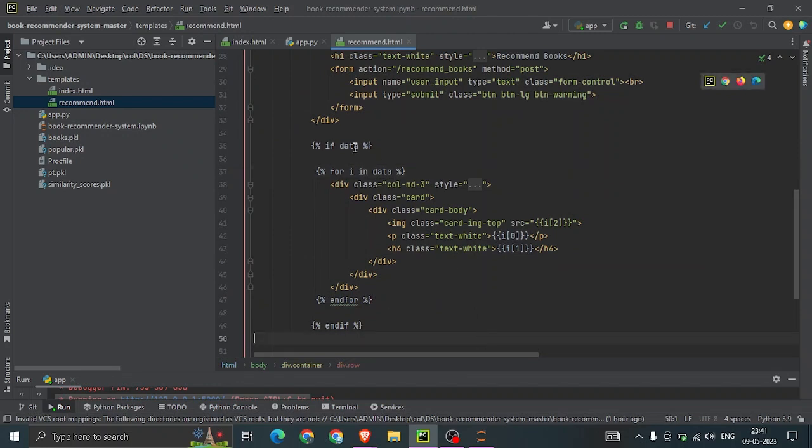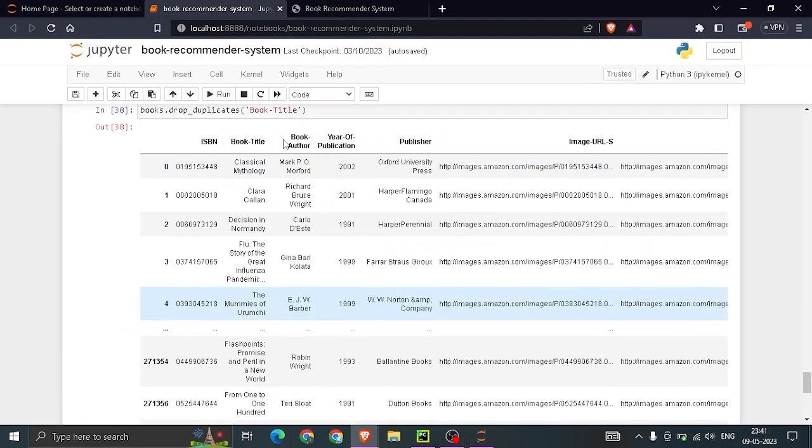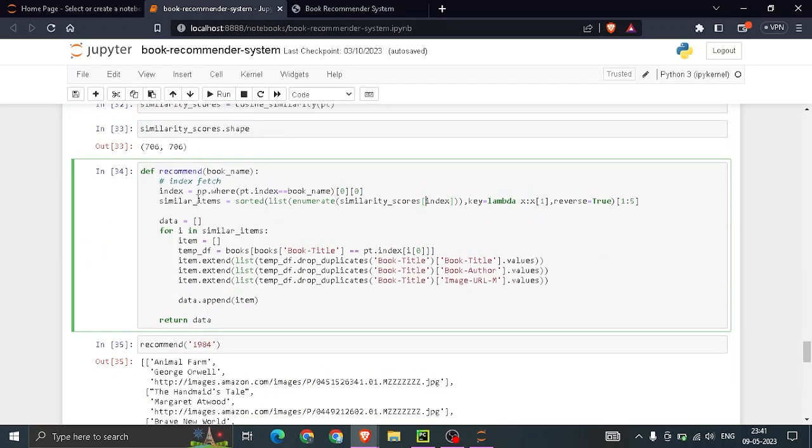It says if data. So for i in data, what does data contain? This data variable is a list that contains the data of these items. Here we have created a list called item, and we have added book title, book author, and image URL in the item.